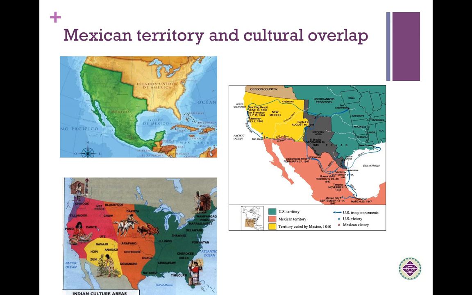Mexican territory and cultural overlap. So we probably have heard the saying, "I did not cross the border, the border crossed us." And this is what we talked about last semester in another class, and this is exactly what it means, or at least alludes to. If we see the top left map, we see Mexico as having territory that goes all the way up to Wyoming, takes much of Nevada, California,